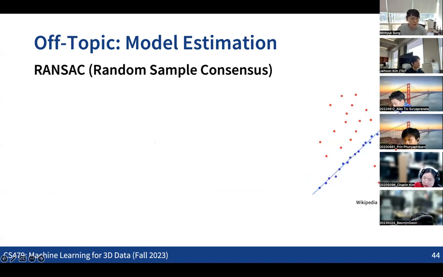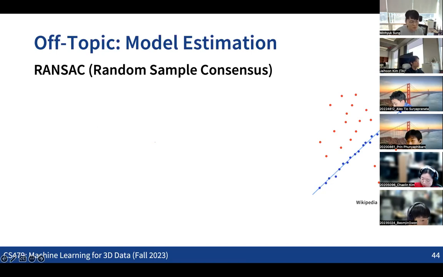So the idea is RANSAC, which is also a very common idea in computer vision. In the RANSAC case, we are not directly solving the optimization problem of finding the best model. Instead, we make candidates for the models by picking some of the data points. If we pick 2 points in the given set of points, we can draw a line connecting these 2 points, right? So picking the 2 points is making a proposal of the model, right?